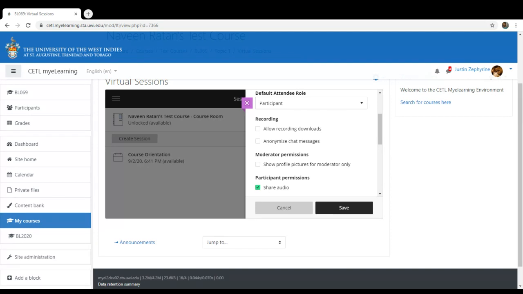Yeah, but if you do it that way, then they could share it anywhere then. In terms of what? You mean if they download it? If they download it, they can share it to somebody else who's not on the course or something like that. Yeah, that's what I was saying. So if you're not comfortable with them downloading it, that's why I wanted to show you this, that you don't have to allow them to download it. It just means that they will have to come to myeLearning specifically and Blackboard Collaborate in myeLearning to view the recording. So okay.